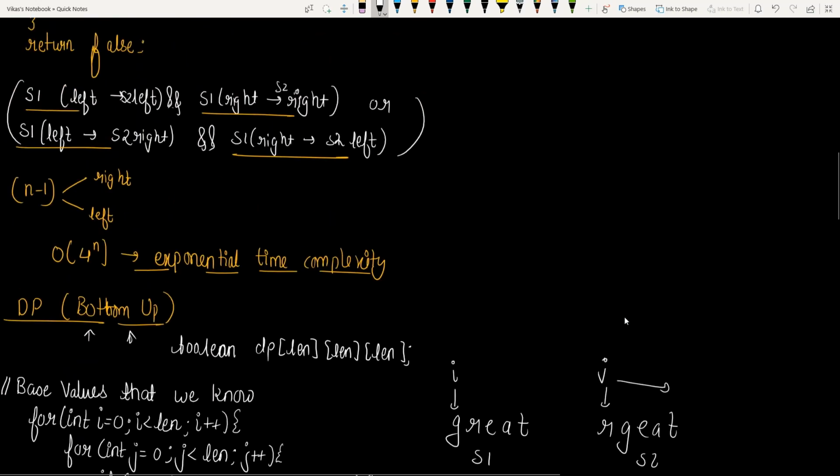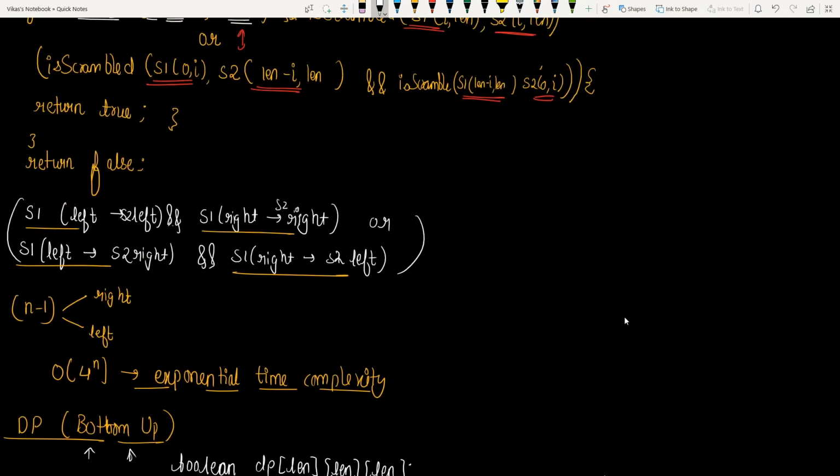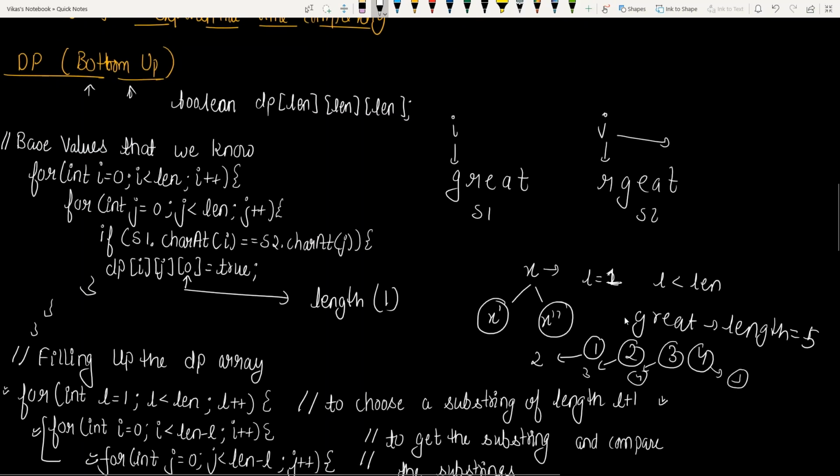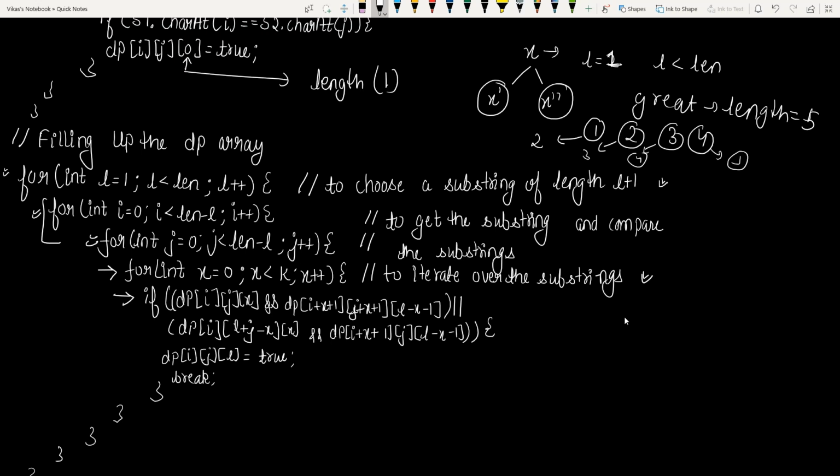There we checked whether S1 left is matching with S2 left, and S1 right is matching with S2 right. If this condition is true, or S1 left is matching with S2 right and S1 right is matching with S2 left, if any one of these two conditions is true, then we are going to make dp of i comma j comma l equal to true and break from this for loop, and we are going to continue this work.